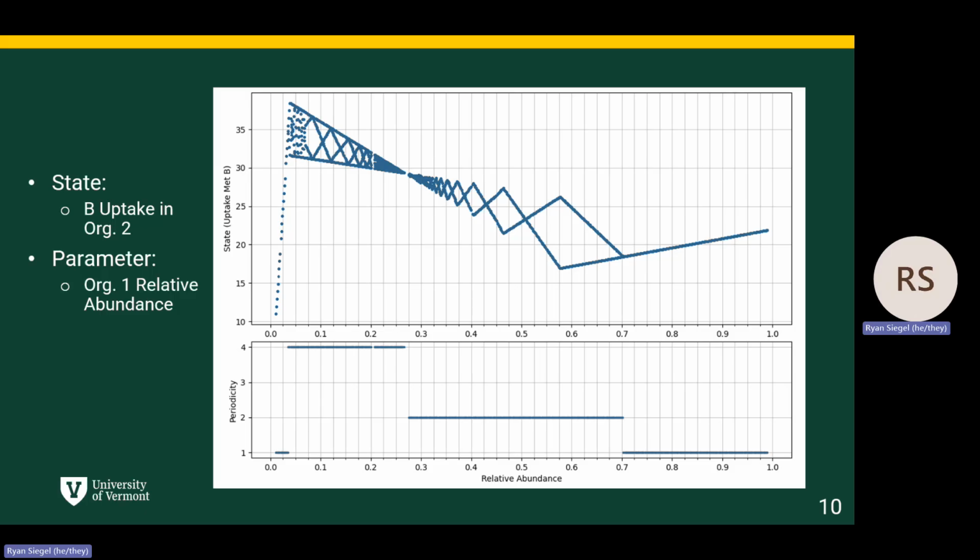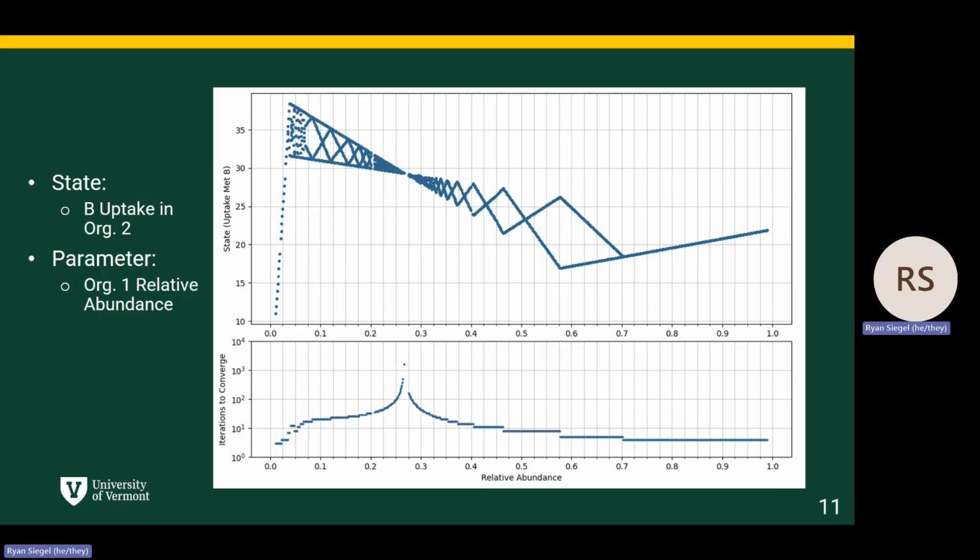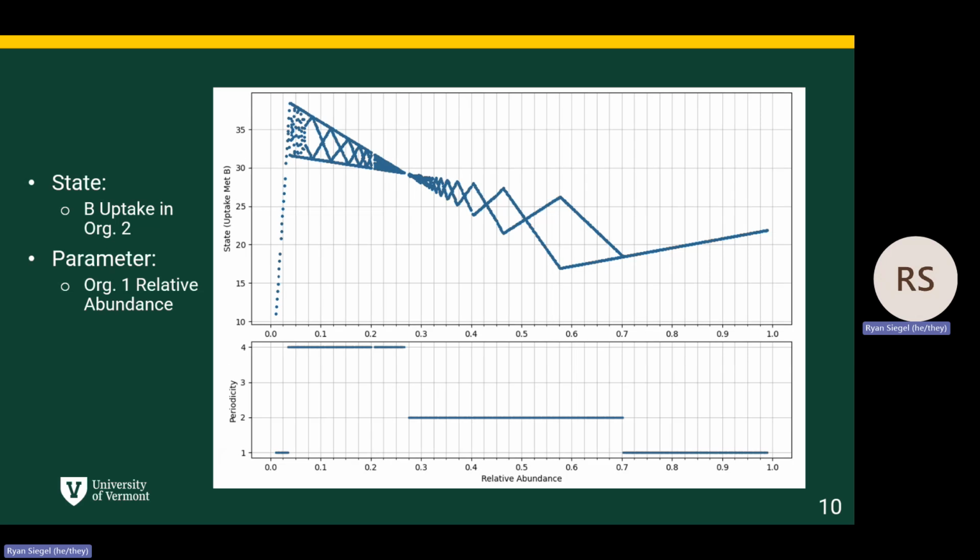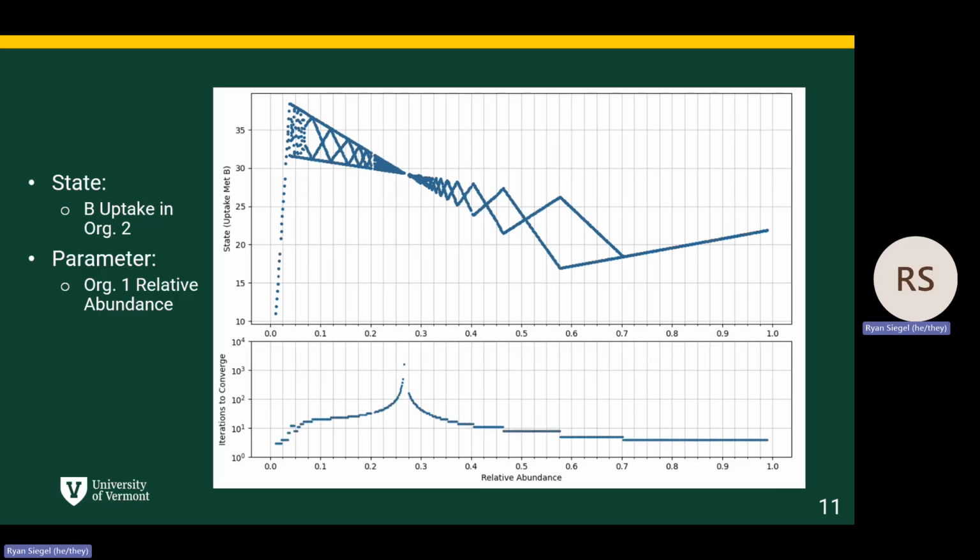bouncing back and forth, maybe hitting period 3 here, but we never actually hit period 3 and we never hit period 1. And this is evident based on both this plot here showing that there is no period 1 within that period 2 section, or period 3 or 2 otherwise. But we also see that there's only one period doubling bifurcation that occurs, and that's indicated by this drastic jump in the number of iterations it requires to converge, which is evident, or which is a key feature of period